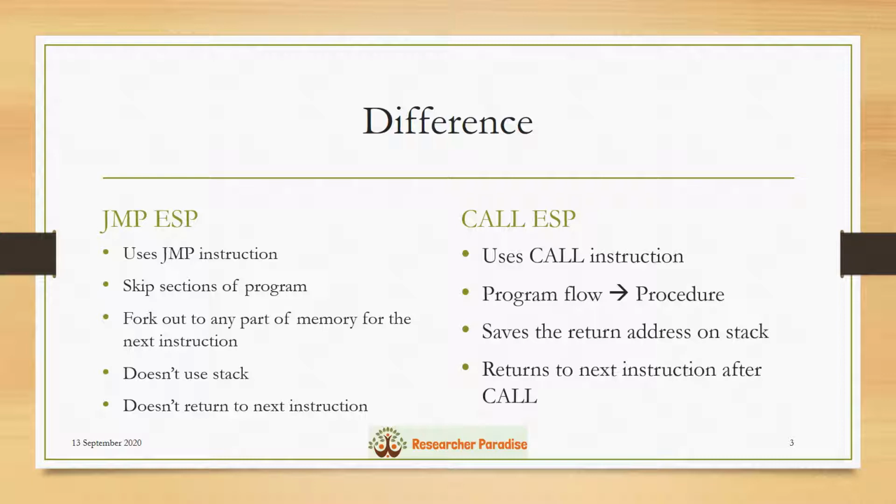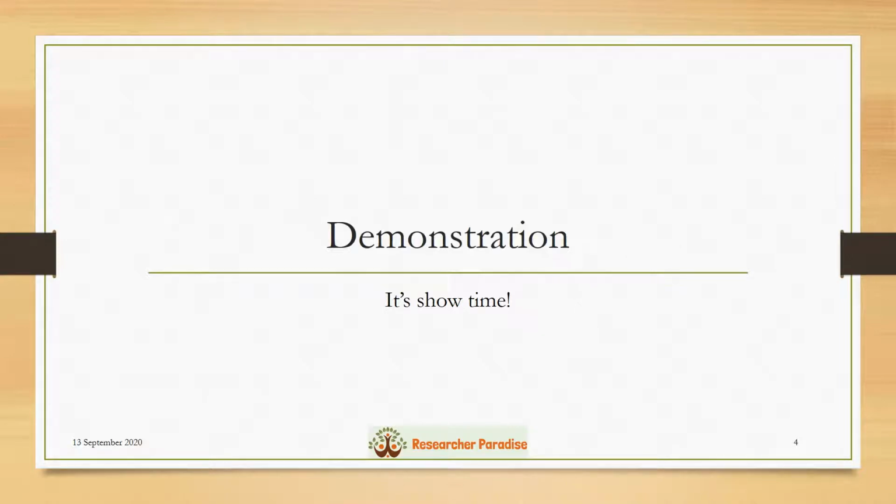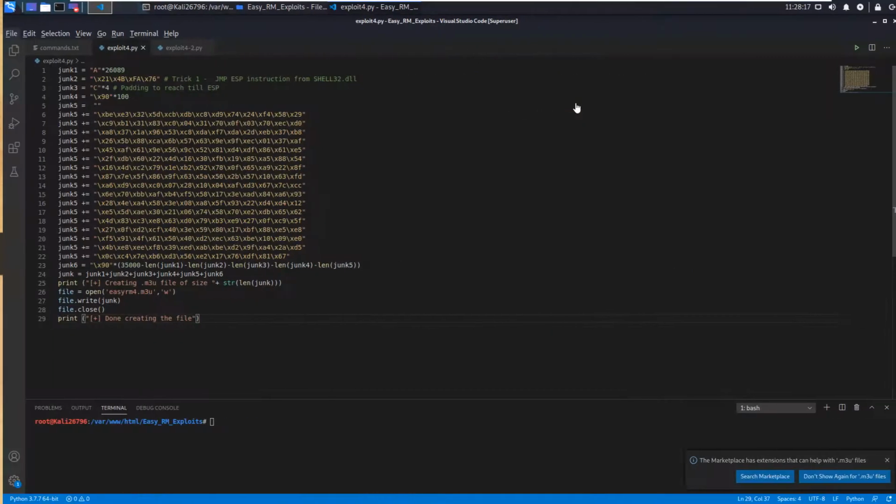In the context of exploit development, with call ESP, we invoke a register with an address which directly points to our shellcode. Thus, the first byte of ESP points to the first byte of our shellcode. This leads to overwriting of EIP with address of call ESP and thus allows our shellcode to get executed. Let us now see how the two methods are implemented when we develop exploits.